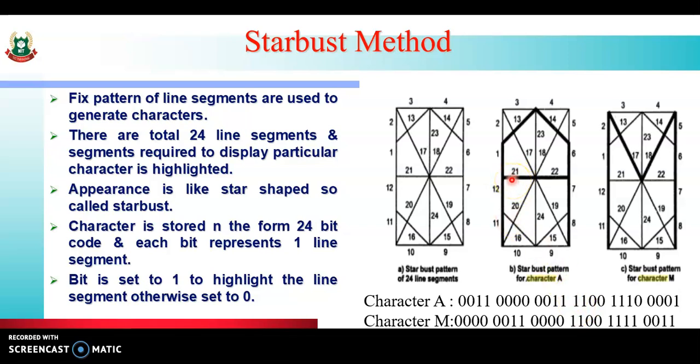Then all the bits are 0, only 21 and 22 are highlighted, so these are 1, and 23 and 24 are not highlighted, so these are 0, 0. So this is the complete 24-bit code to display character A on the screen by using starburst method. The same method is used to display character M, and this is the 24-bit code to display the M character on the screen.